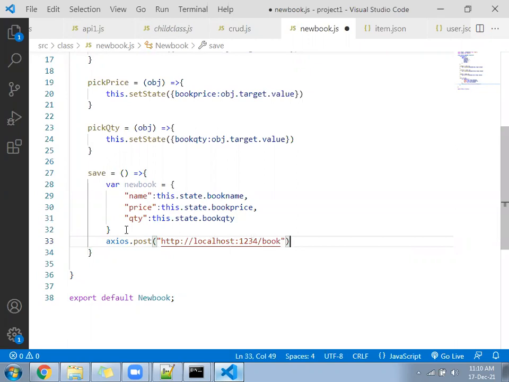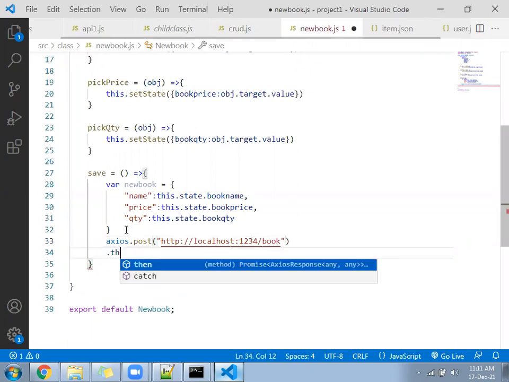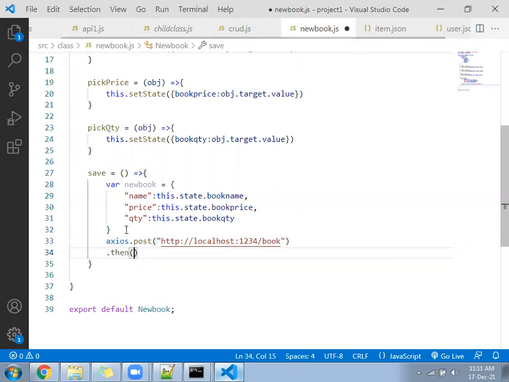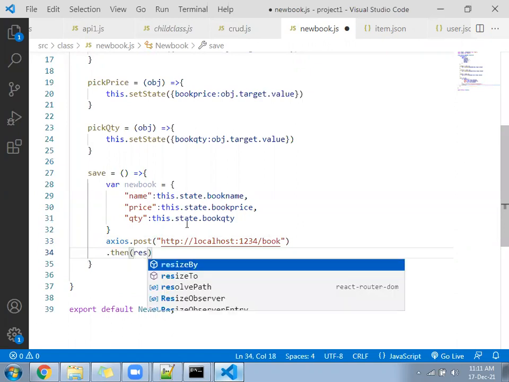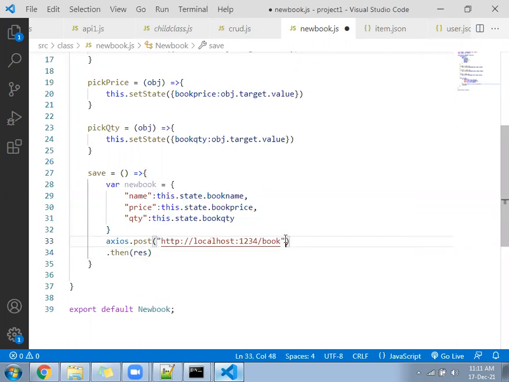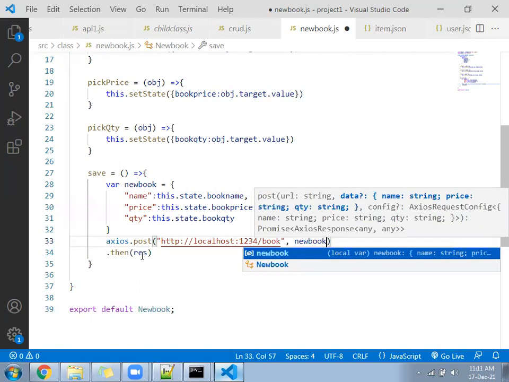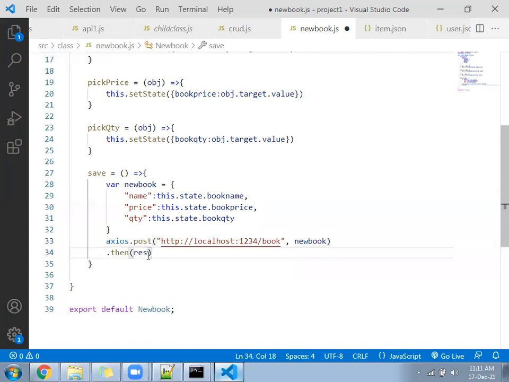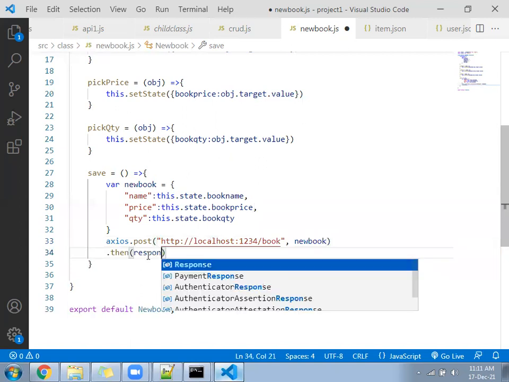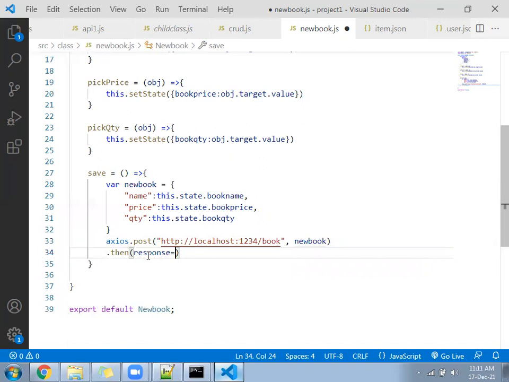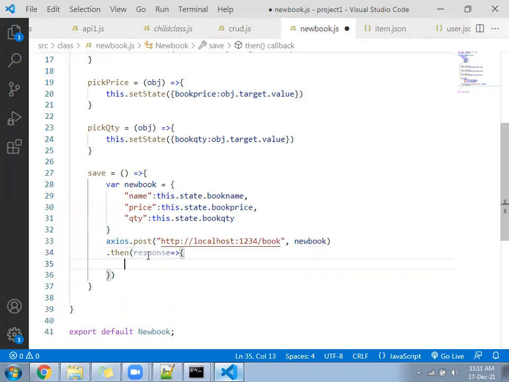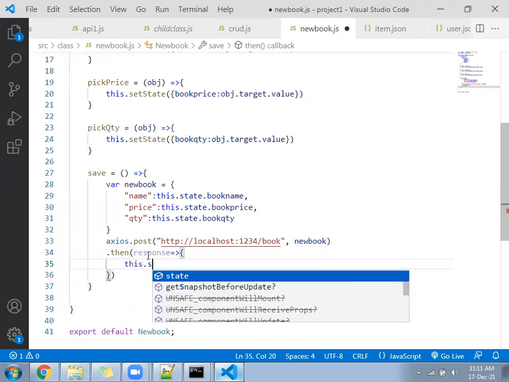After that, dot then response. Book comma, sorry, this one, comma new book. You have to post like this. Response will not come anything meaningful from JSON server while posting the data. So you leave that and right here this dot setState.